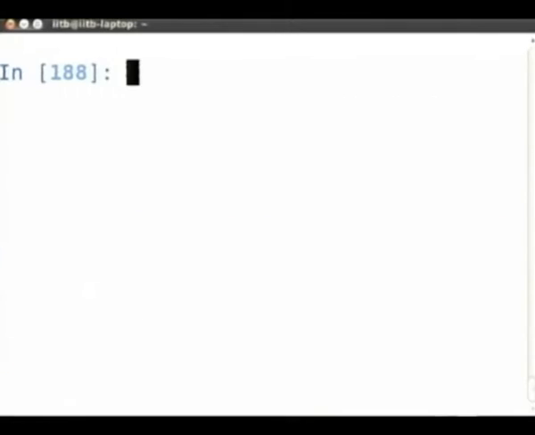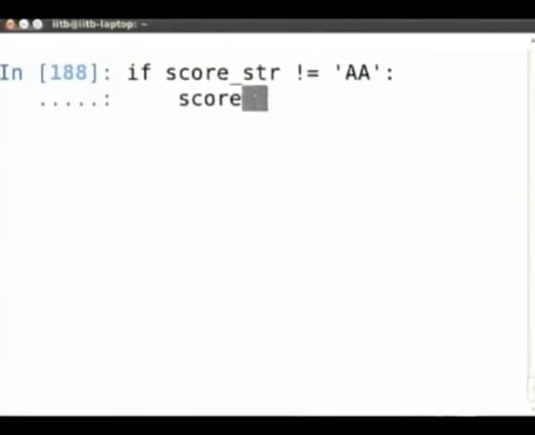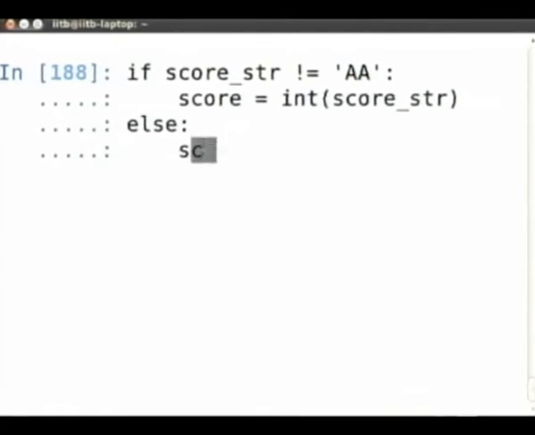Okay. So what I want to be able to do is essentially this: if score_str not equals AA, score equals int of score_str, else score equals 0. Now you will find this is a very common requirement.